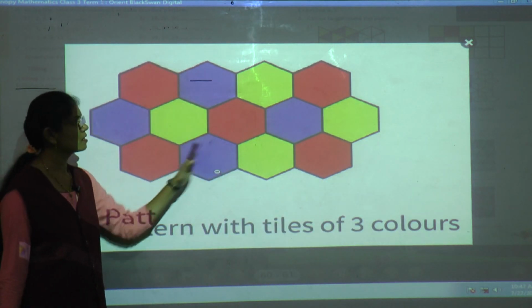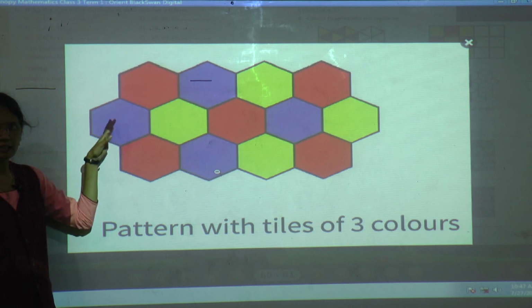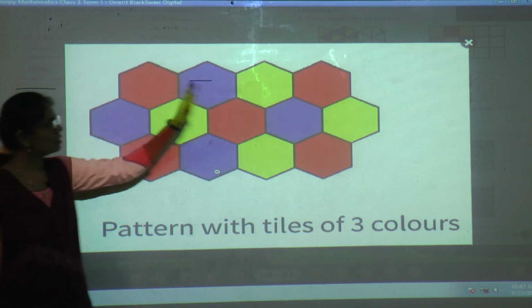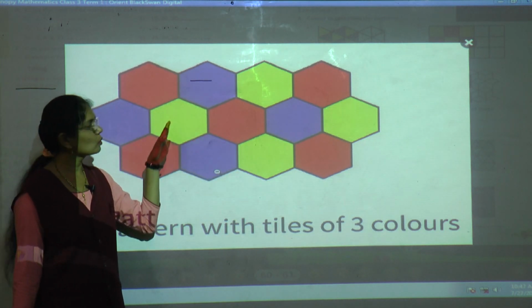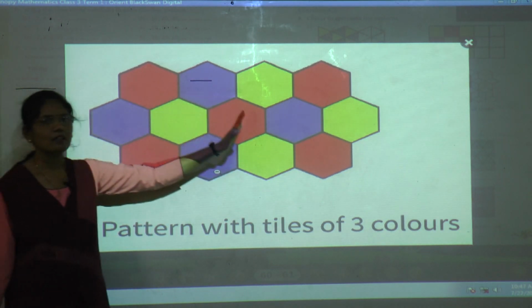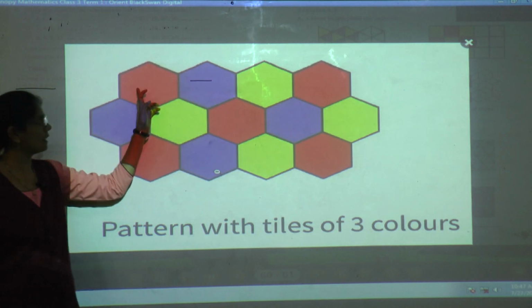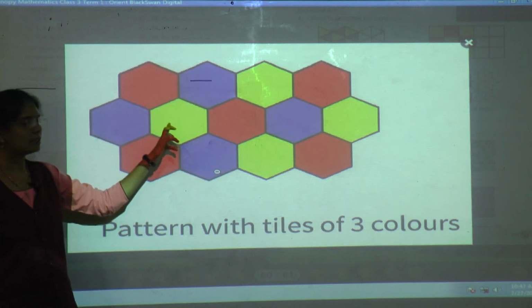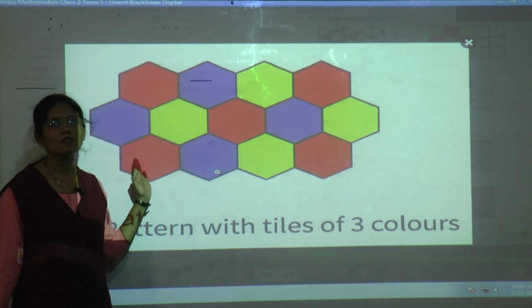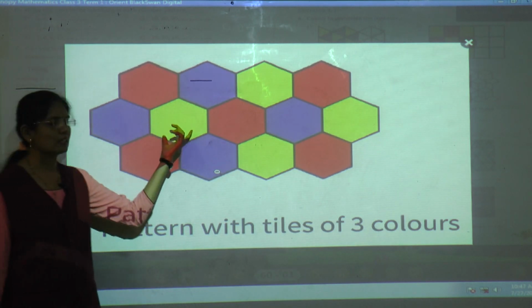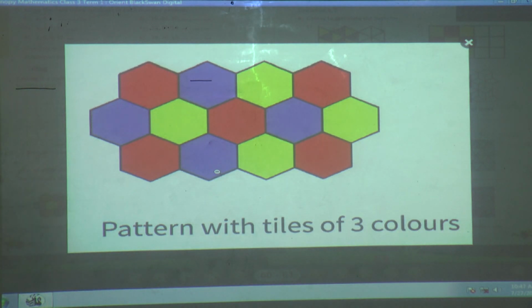Now if we will see this six-sided figure. This is also a six-sided figure. 1, 2, 3, 4, 5, 6. It is also a hexagon. All this hexagon, if we will fit together, then we will get a tiling of this. Now here only the colors are changed. First red, then blue, then yellow. Again red, blue, yellow. In this way all the hexagons, if we will fit this hexagon together, then we will get a tiling. Then one more tiling I will show you.